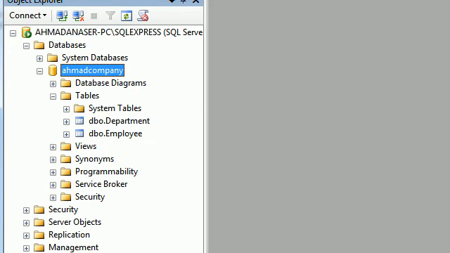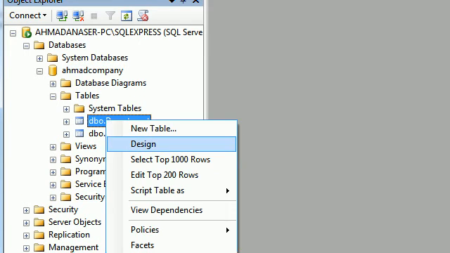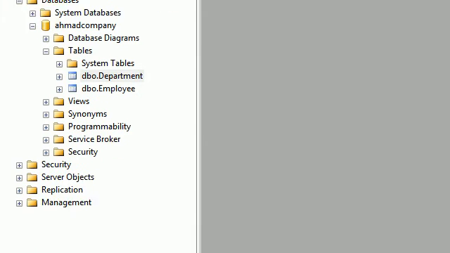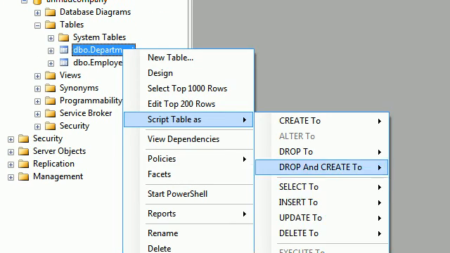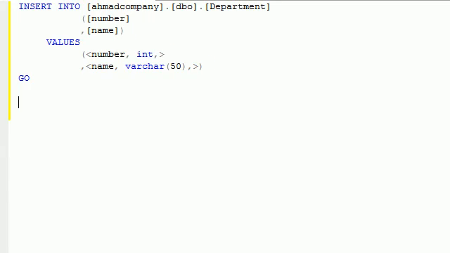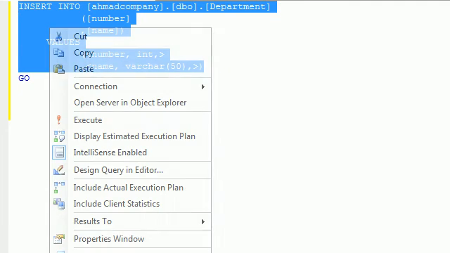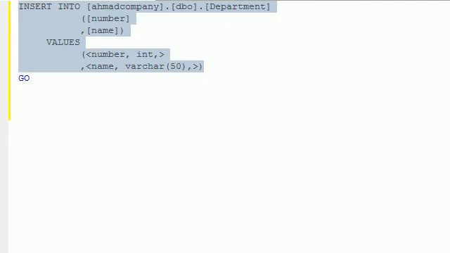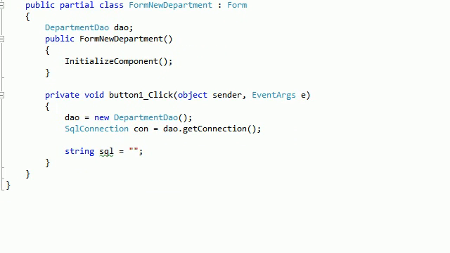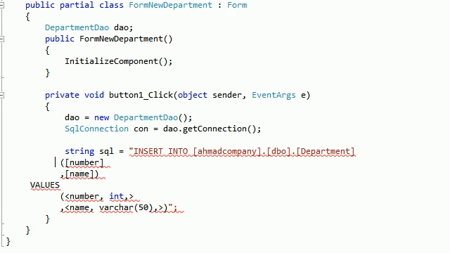Here we got the database tables, and we want to go to the department, and from here you can check that we have a script as table option. Let me just move down a little bit. We have insert, so you can just choose new query editor window. So just go there, and as you can see here, we just extracted a new query. So just copy this instead of writing queries, to save time, and go here. We got this statement, and we